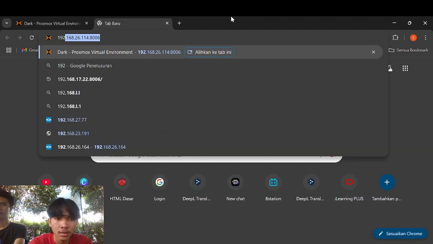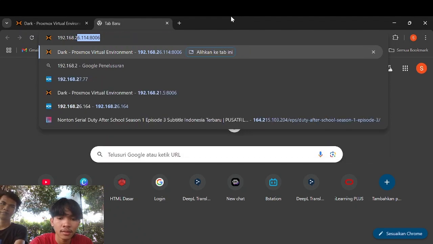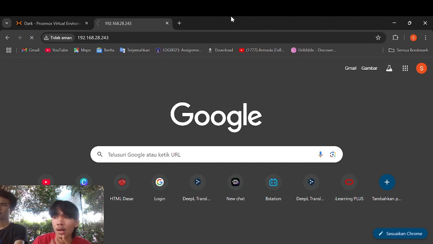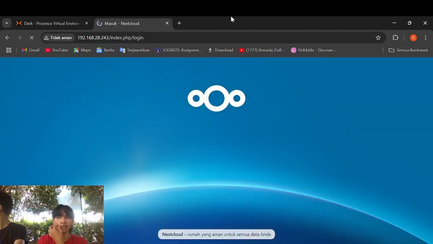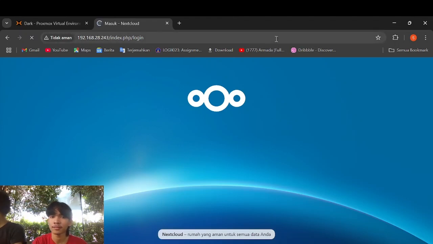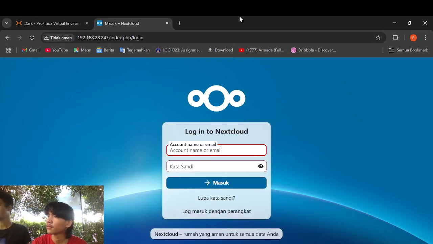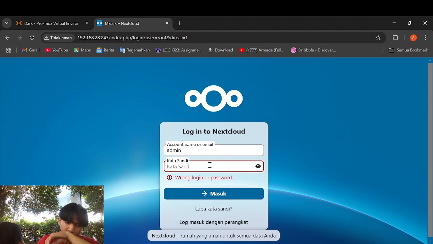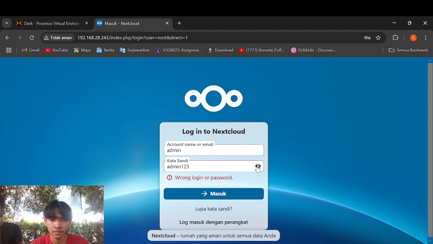Ini 192, 168, 28, 243 kalau nggak salah. 243. Oke, Itu udah bisa. huruf besar apa kecil? Besar. Ya? Nggak ada huruf besar huruf kecil nggak ada. Admin, passwordnya apa lupa bang? Satu admin satu. Admin 1, 2, 3. Ya, oh,